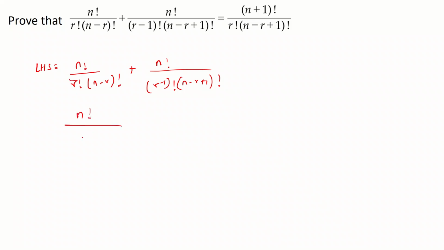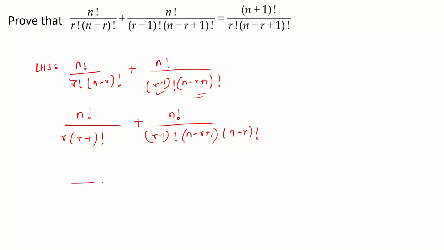So we keep this n factorial as it is. We write down r factorial as r times r minus 1 factorial, and we write down this. Okay, this is it for this term. Now we have to manipulate this term, so you don't touch this r minus 1 factorial. The reason why I'm doing this will be known to you shortly. And then I write this term as n minus r plus 1, and then n minus r factorial, 1 less factorial, just like 10 factorial is 10 times 9 factorial. Similarly, this factorial is this times this minus 1 factorial.